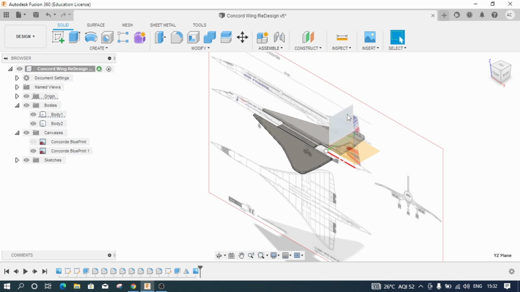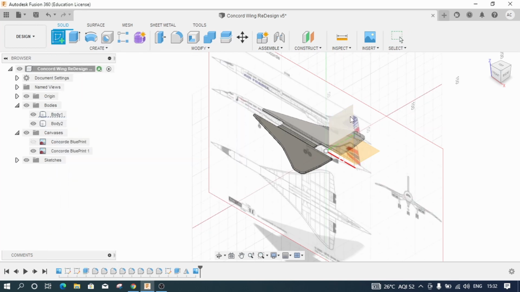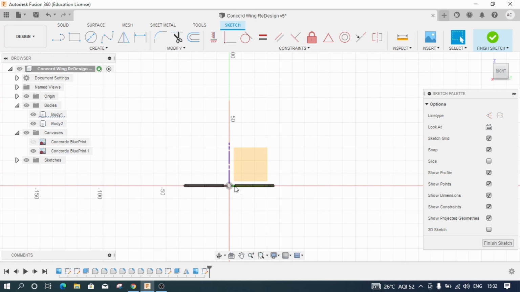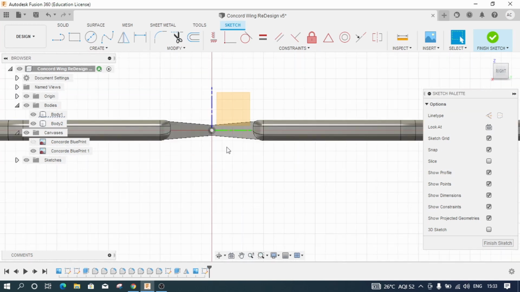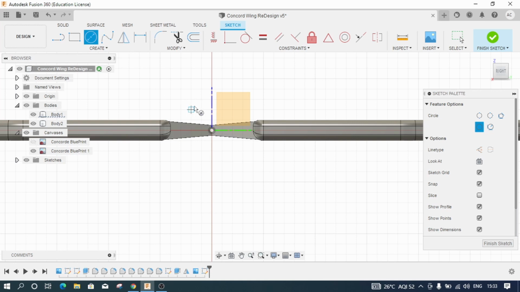So I want to start my sketch on this particular plane. So what I'll do, I'll click on this create menu, click on create sketch, and select this particular plane. And now let me go ahead and click on circle, and let me start my circle somewhere here and draw a circle like this and click on finish sketch.